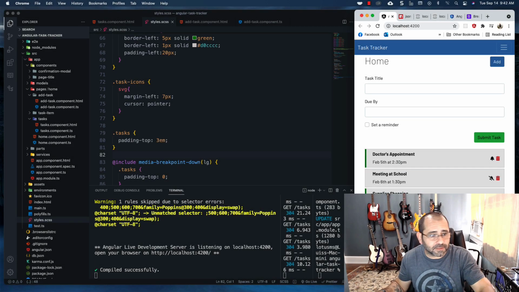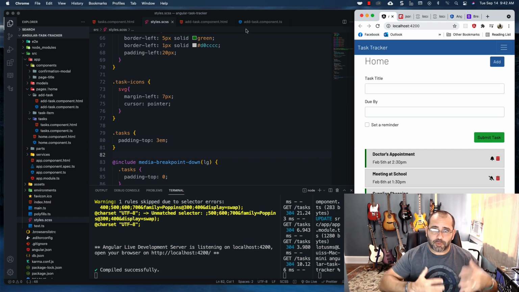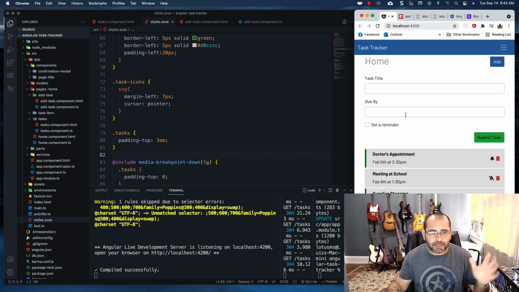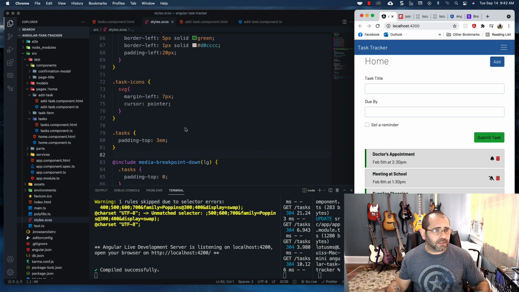Hey guys, so let's go ahead and now finish out this creation part, the create part of the CRUD system, by adding the actual programmatic portion of it. So in the last video we basically just made it so that it just shows the HTML part, the front end part, and now we're actually going to make